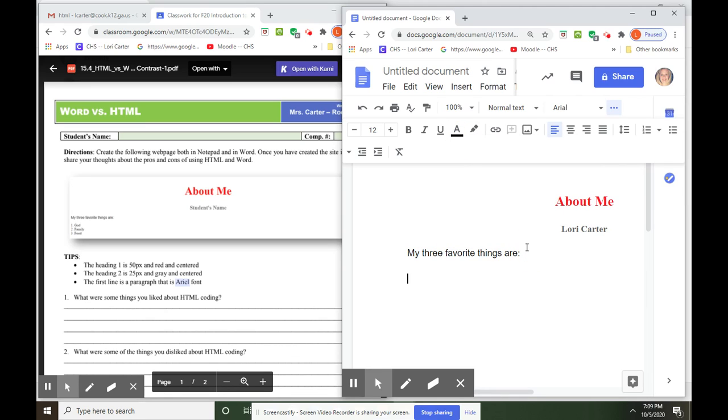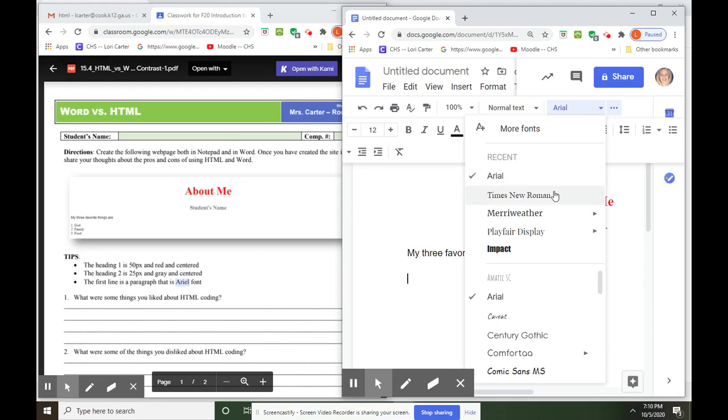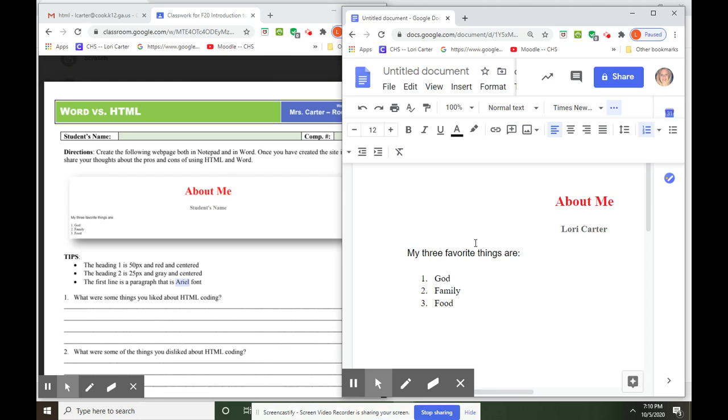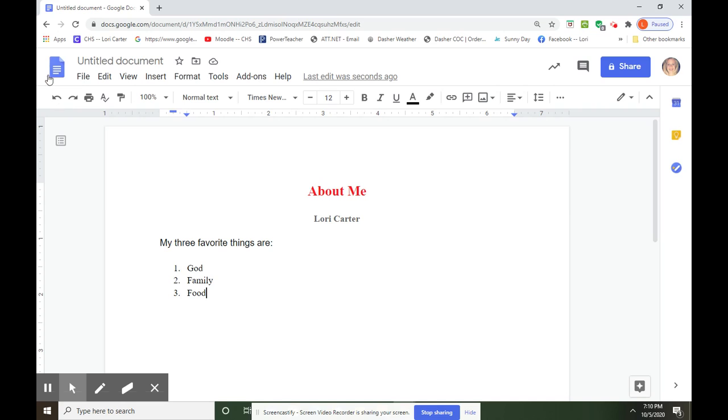We press enter twice. Now we need to change our font style back to Times New Roman. We're going to use our numbered list and type your three favorite things. Now this document looks pretty much just like the top part of this document over here, and notice how fast we did that. To save our document as a website, all we have to do in Google Docs is to